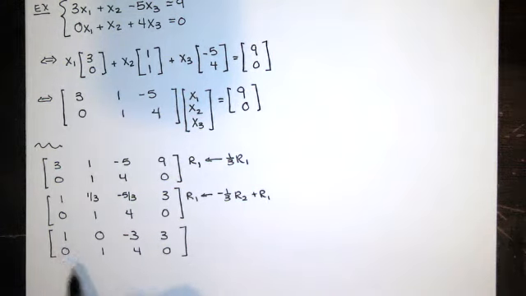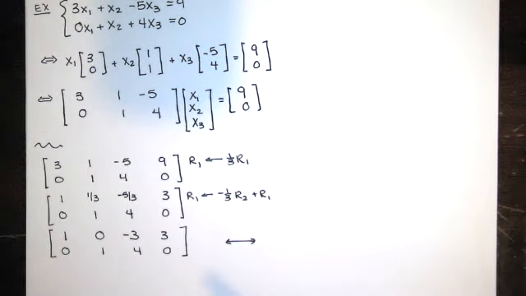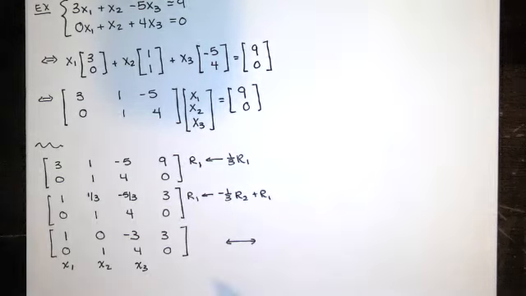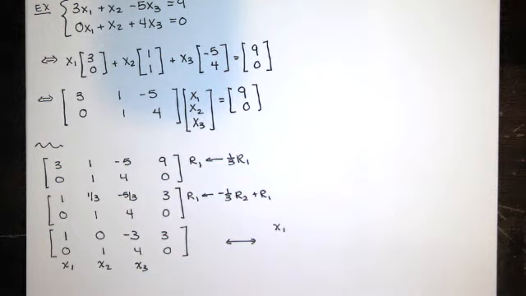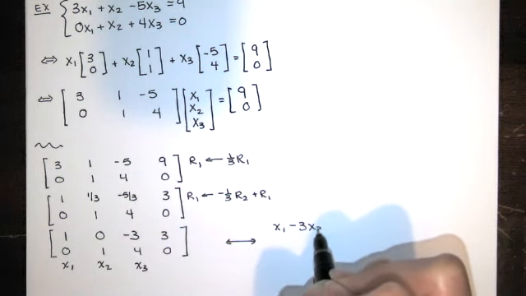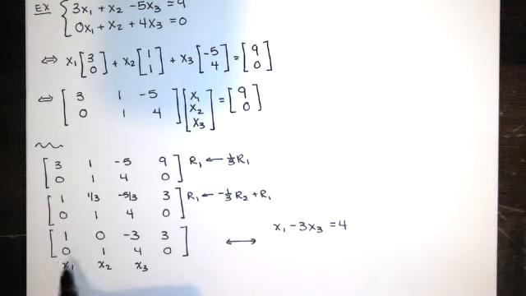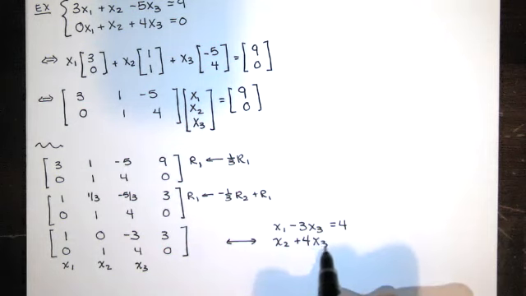And similarly, we can use this to come up with a corresponding system of equations. Remember, in the first column, you have the coefficients of x1. The second one, you have the coefficients of x2. And the third column, you have the coefficients of x3. So this is saying that 1 times x sub 1 plus 0 times x sub 2, which I won't write down, minus 3 times x sub 3 has to be 4. And in the second row, we have 0 x sub 1 plus x sub 2 plus 4 x sub 3